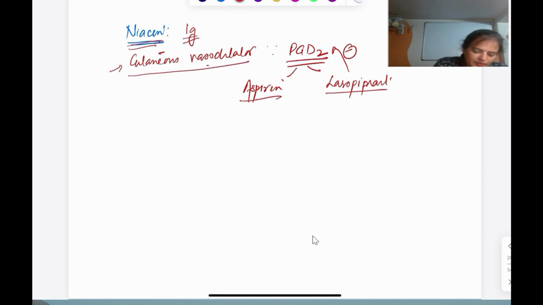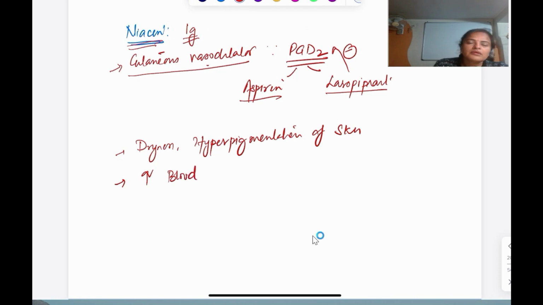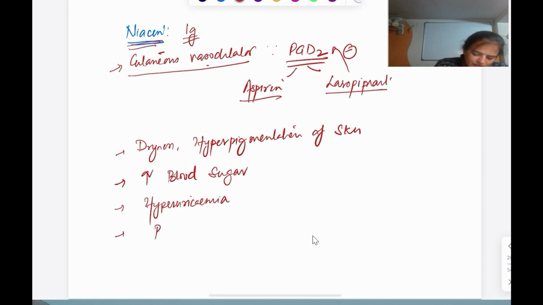What are the other side effects with this? Dryness is seen, hyperpigmentation of the skin is seen. This is also going to increase the level of blood glucose. So hyperglycemia will happen, so it can precipitate diabetes. So it should not be given in a patient with diabetes. Then hyperuricemia, it is going to cause that also. So it is not to be given during